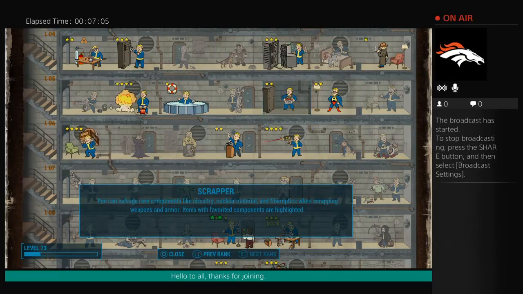After that, you want to invest in the Scrapper perk. This perk is paramount to achieving 100% settlement happiness quick in the beginning. If you're midway through that, if you're level 15 or higher, then you basically want to take this perk as your next perk because the first level of this perk allows you to break down a lot of pipe weapons,